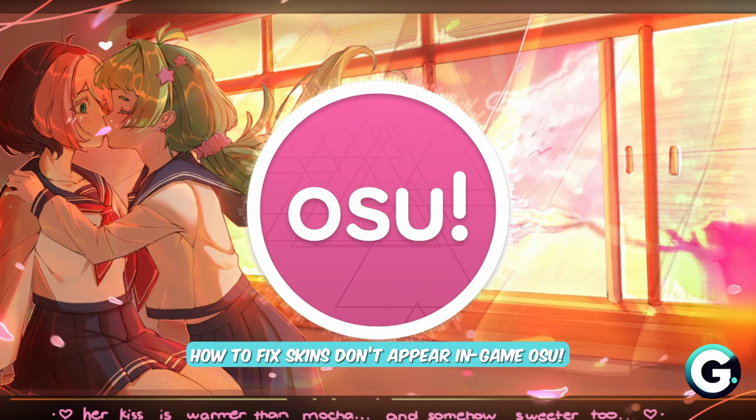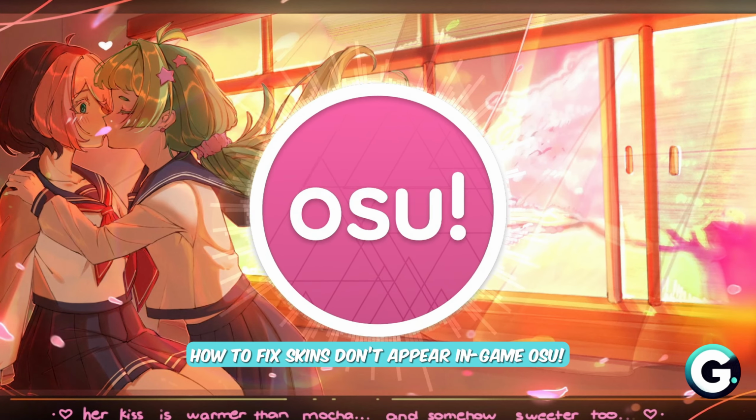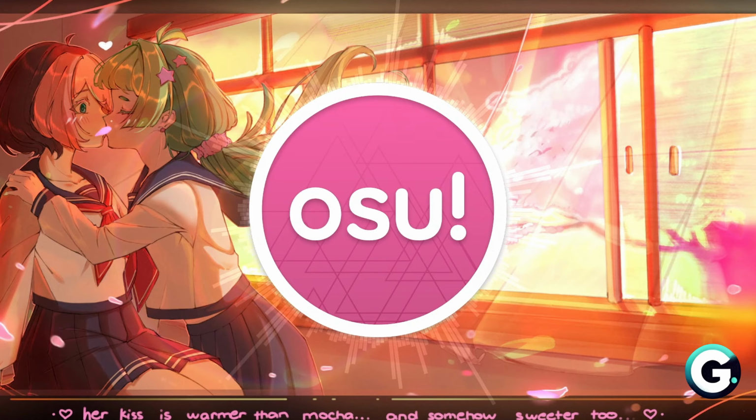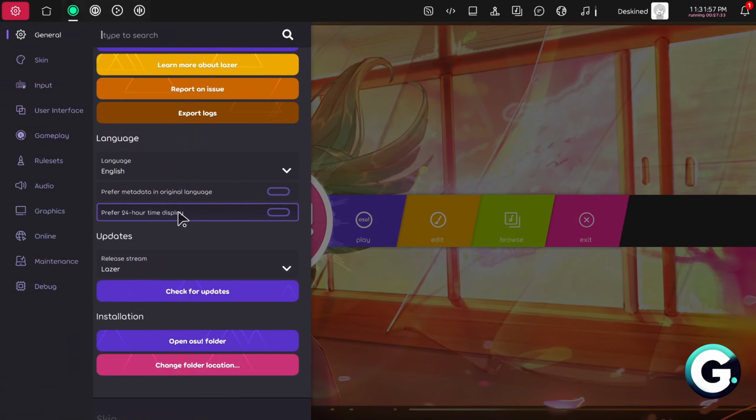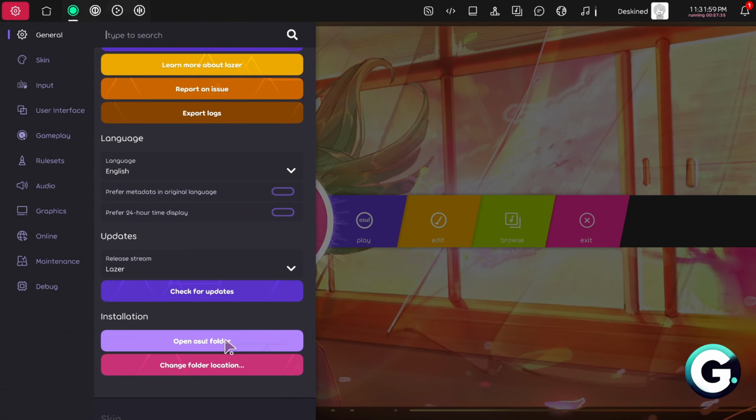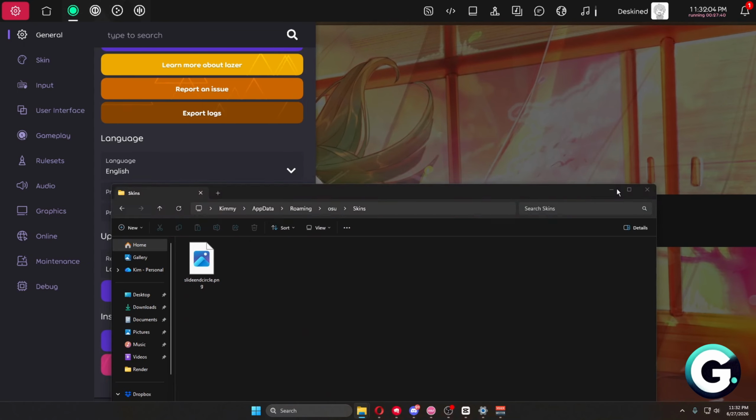Hello everyone, in today's video I'll show you how you can fix OSU skins not appearing in-game. So if you want to go ahead and fix this, basically if you have imported it into the OSU skin folder but still it's not appearing in the actual OSU in-game right here, what you want to do is